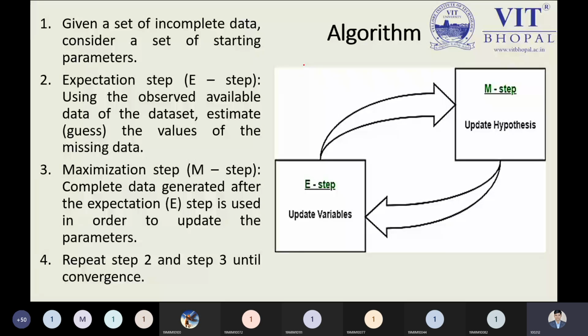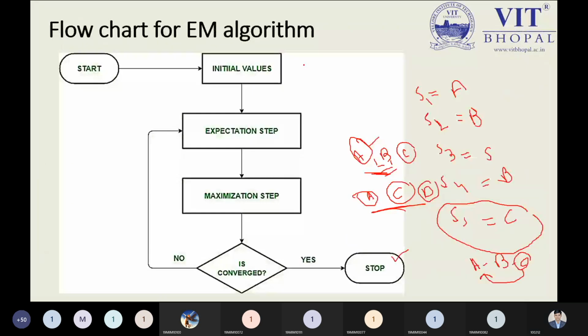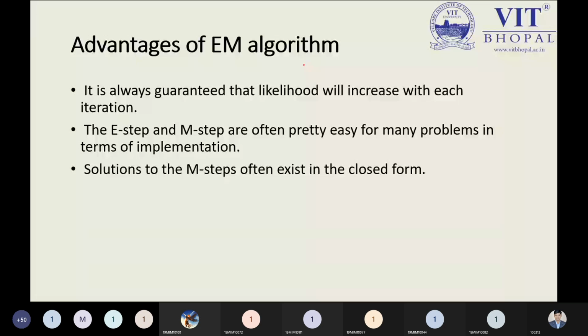Just like this time you belong to 9.1 CGPA, next time you are expecting your CGPA to be 9.2 and then 9.3 and so on. So each and every time we are increasing the maximization likelihood, and based on that parameter you will get your result, and that is a good advantage. And there are only two steps: the E step and the M step. These are simple steps to solve many problems for implementation purposes. Unlike other models, we will not go through many steps to solve our problem; here we have only two steps, and that we can solve.